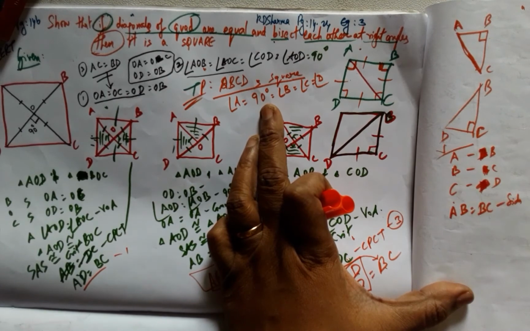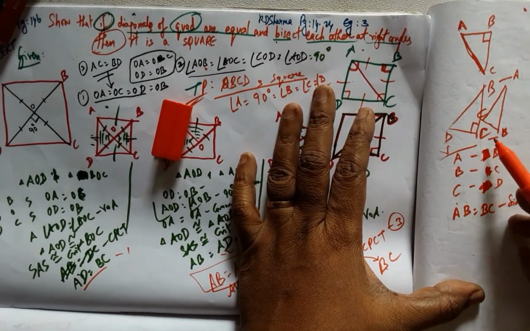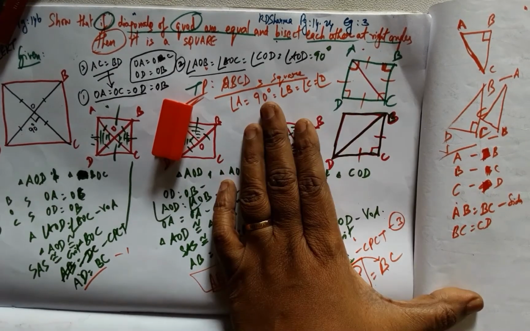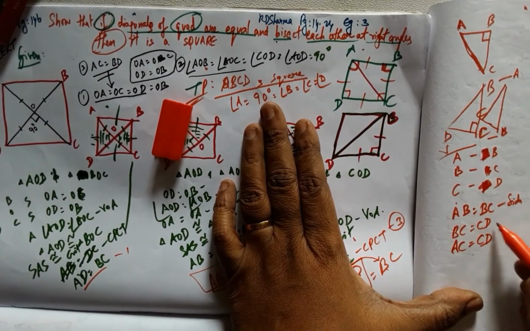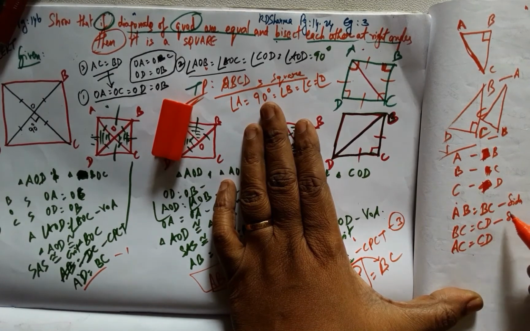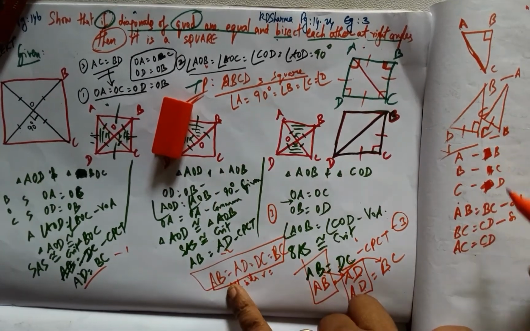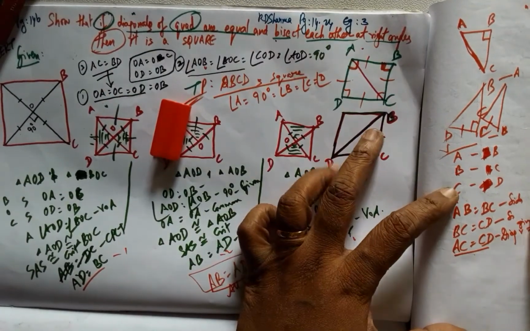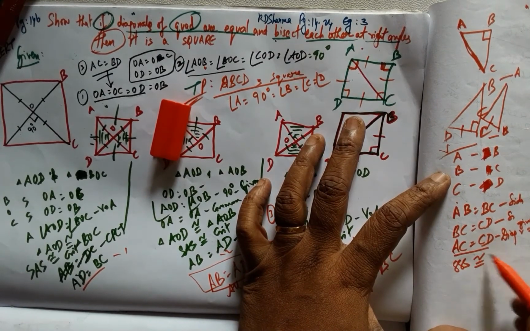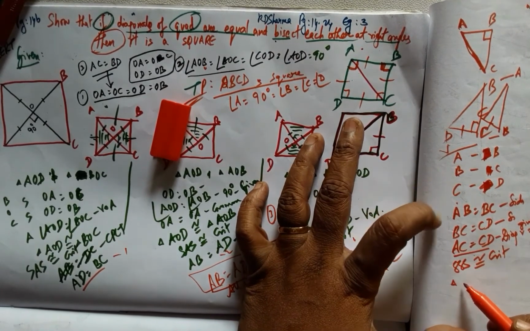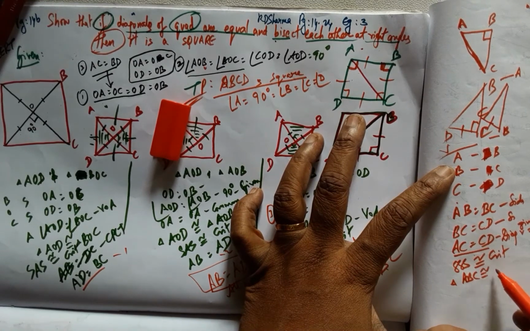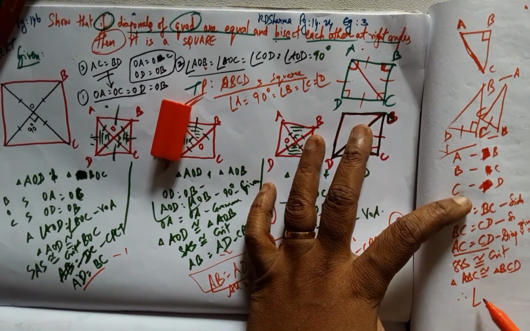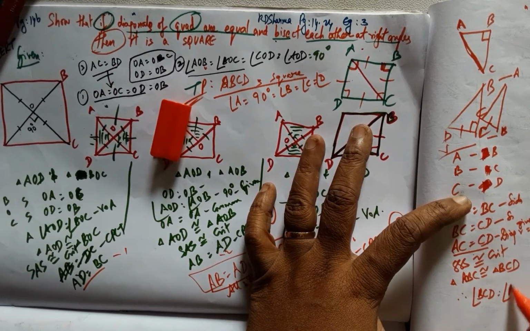the other components. So AB is equal to BC and BC equals CD and AC is equal to BD. These are once again proved from here, and this is diagonals are equal, which is given component, and by SSS congruence criterion we have triangle ABC congruent triangle BCD, and therefore angle BCD equals angle ABC.